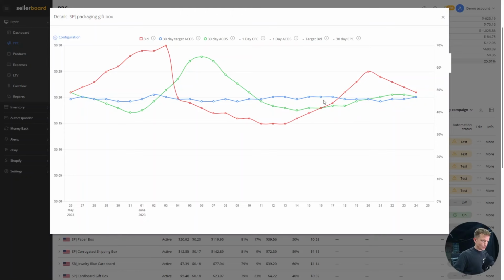And as you can see, it all balances out to the point when our actual ACoS reaches the target ACoS value. And the red line right here describes how the bid changes affect the final result that we get. So having this view, you can analyze how your bid performance changes over time and how your target ACoS or target margin is affected by the changes of the bids. This is pretty much everything I wanted to show you today regarding the PPC dashboard and the bid automation settings that we have in the PPC dashboard.